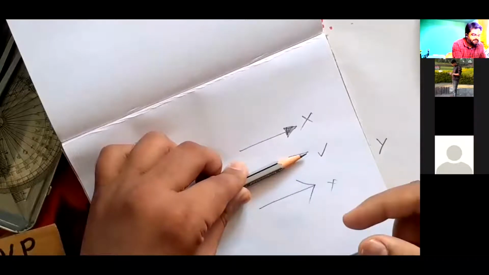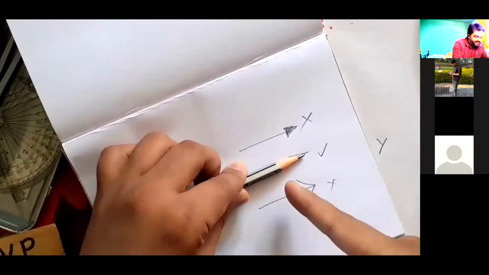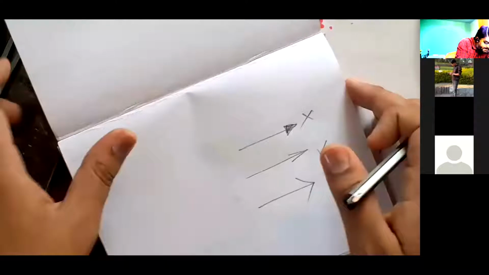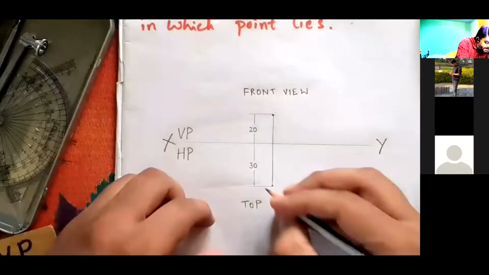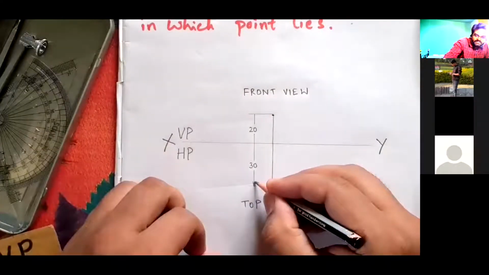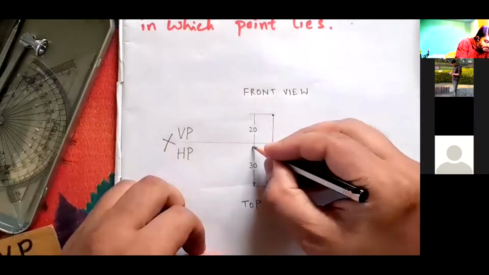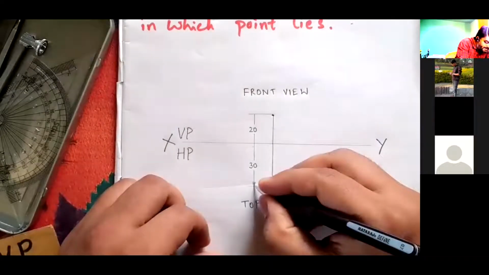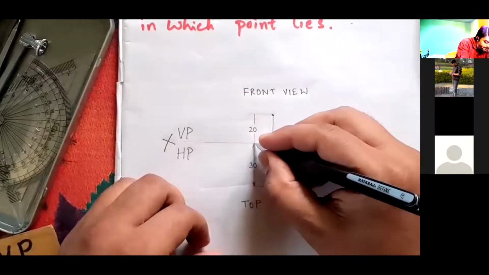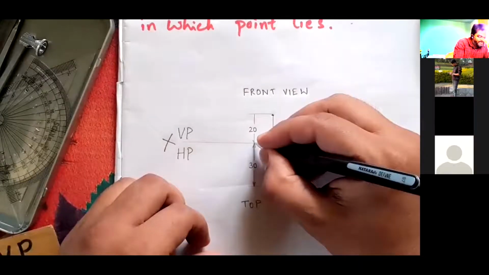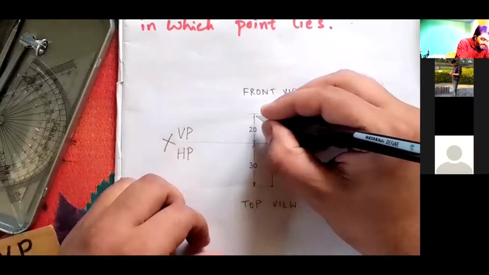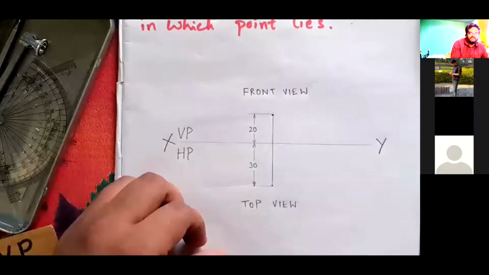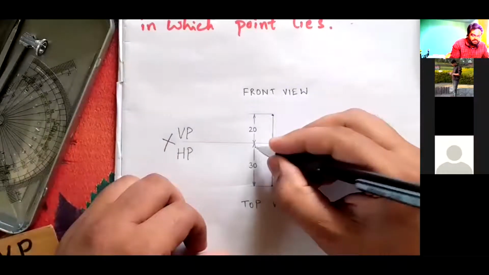And same way you're supposed to dimension here at the bottom, that this is 30. Use a sharp pencil here. I'm using a sharp pencil to draw this arrow mark. See, for the arrow mark, I'm using this pencil, 0.7 mm or 0.5 mm, and mention this as 20 and 30. Don't mention millimeter. Don't mention millimeter.